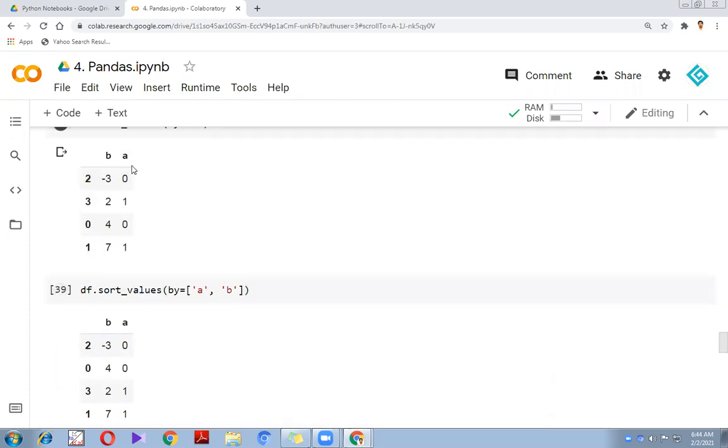So check. First, say I have multiple values for A. So first it will be 0, 0, 1, 1. Now for 0, 0 it will also sort column B first. So for 0, 0 it will be minus 3 and 4, and for 1, 1 it will be 2 and 7. Got it? So first I'm going to sort the values by A and then sort by